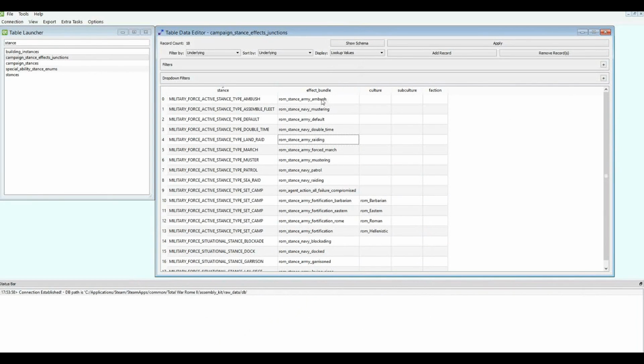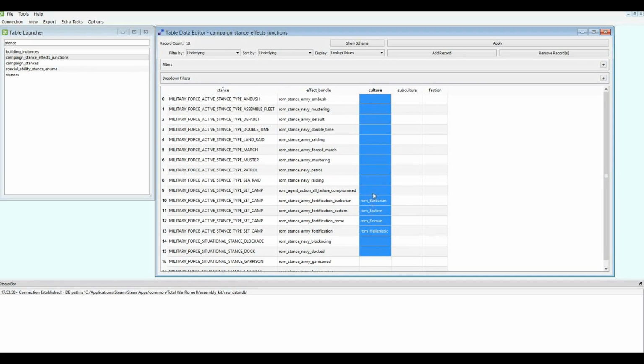Okay, so you should know about effect bundles from the episode 41 I did on effects, effect bundles, and stances. And we're going to go check out what's currently assigned to, say, these ones already. The culture is, of course, the 4 main cultures, which are already right here. They're automatically set up for the fortification stance, but you can do it for any stance you want, and